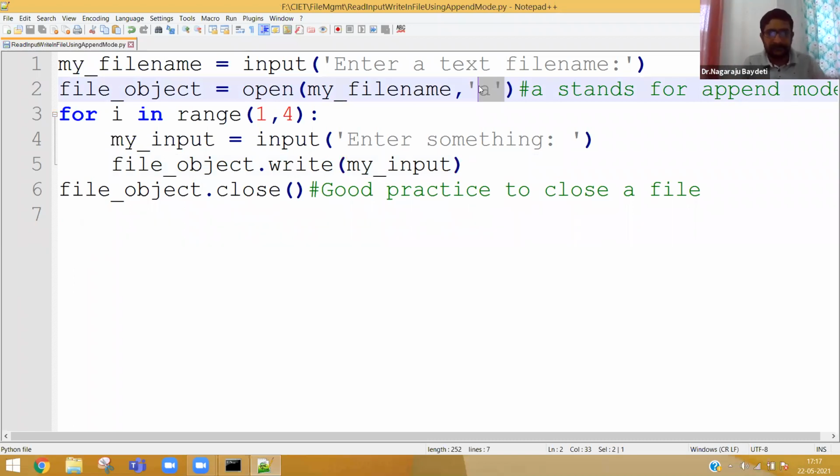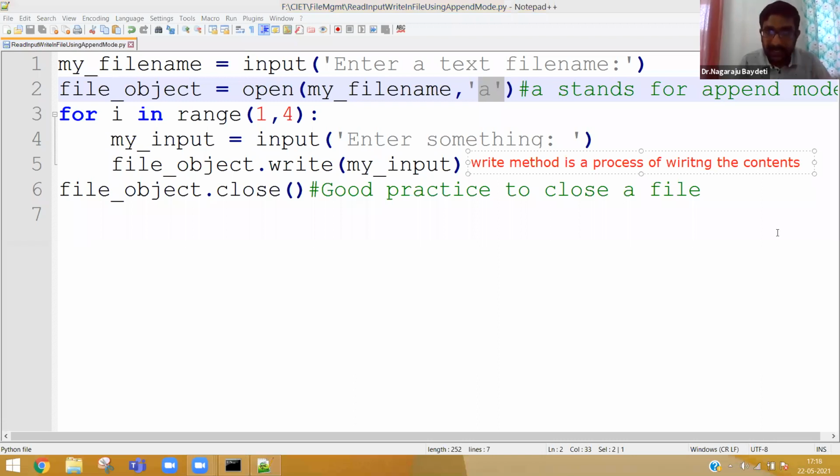after the other. Now, everybody, please try to understand one small concept here. The write method is a process of writing the contents. This is a method.